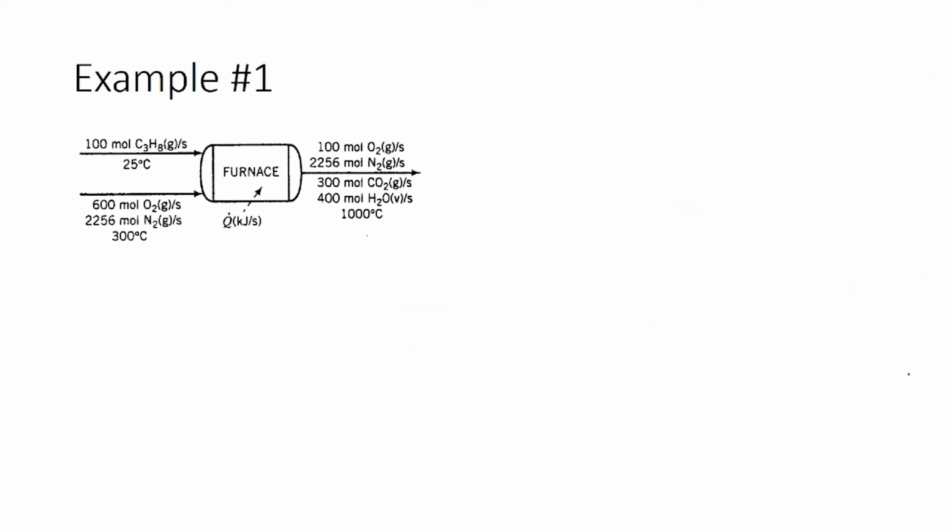What is H7 cap? H7 cap here is basically water liquid at 25 degrees Celsius going to water vapor at 1000 degrees Celsius. This value needs to be obtained, and you could use steam tables to get the value for water liquid at 25 degrees Celsius and water vapor at 1000 degrees Celsius and find the difference, or you could perform a calculation where you have a